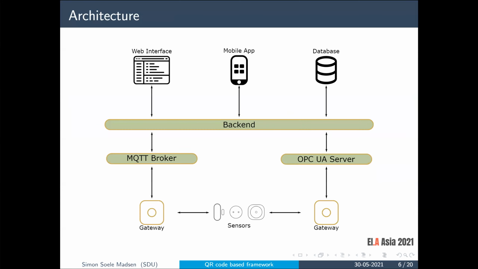So this is the architecture of our system. If we start from the bottom, we have our IoT devices. We have sensors that collect the telemetry, and we have gateways that serve as a communication hub for the paired sensors, and they are centralized elements with a small, powerful processing capacity. And